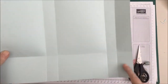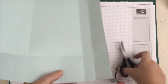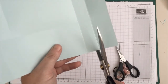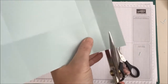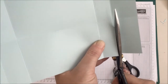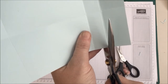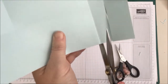Right, and we are now going to cut along these lines, and I'm going to use the bigger ones, otherwise you'll be here for ever. Ooh. Don't start now. My hands have been steady all day, so they can just behave themselves a little while longer. Right, so